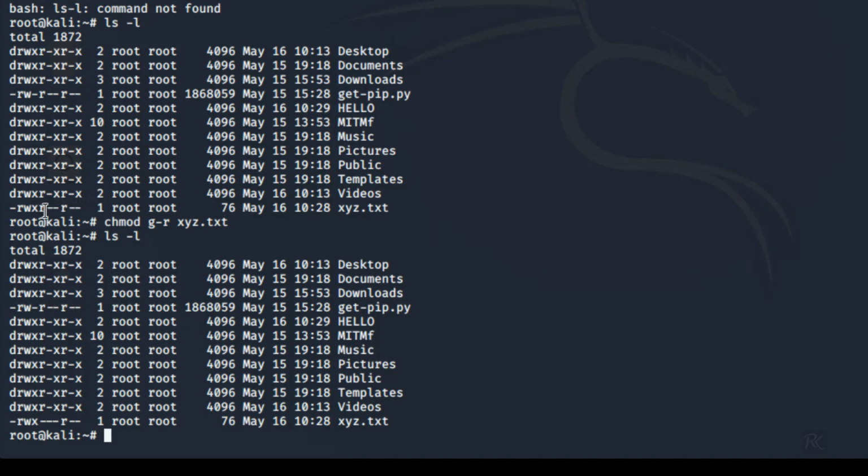Now here you can see that previously there was a read permission for this xyz from the group privilege. Now there is no read permission for this xyz text document.